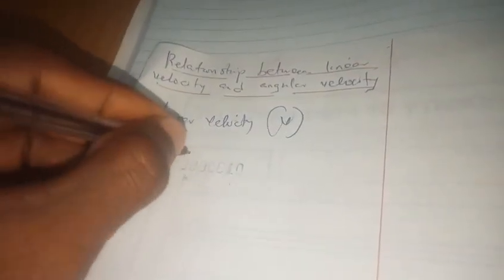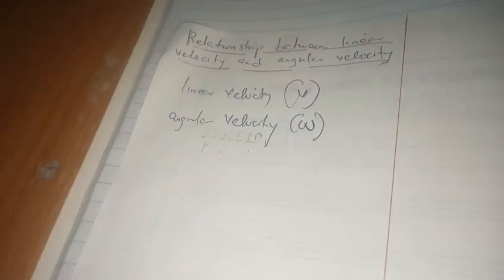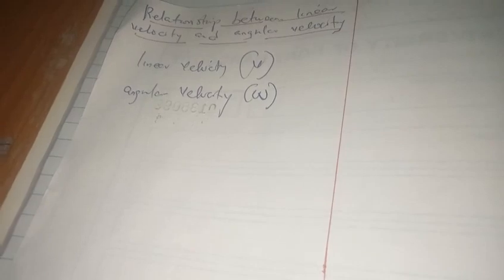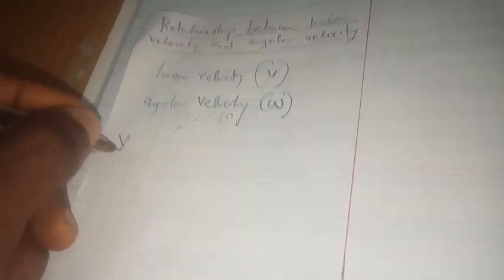which is v, and angular velocity which is omega. So looking at this relationship, and we actually derive it. Now first of all, we should know that the linear velocity is given by linear velocity v